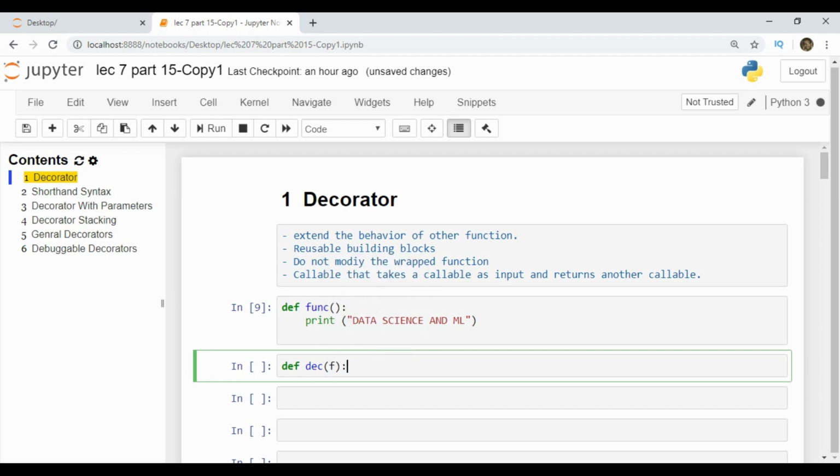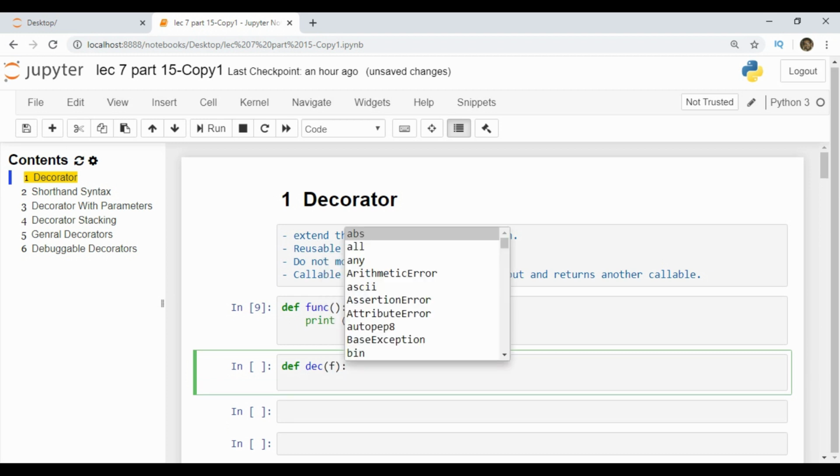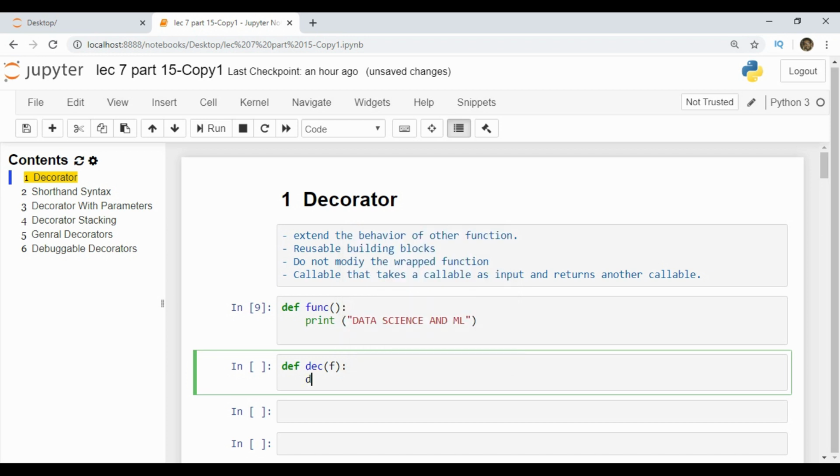and inside it we write another function, a sub function, def wrap, which will add additional functionality to the function received by the decorator. Here end the parenthesis, give a colon.